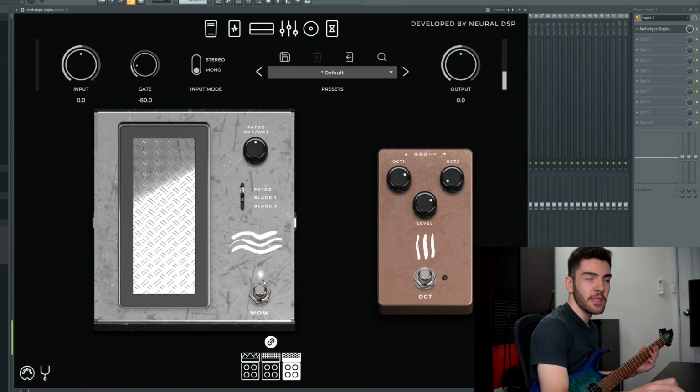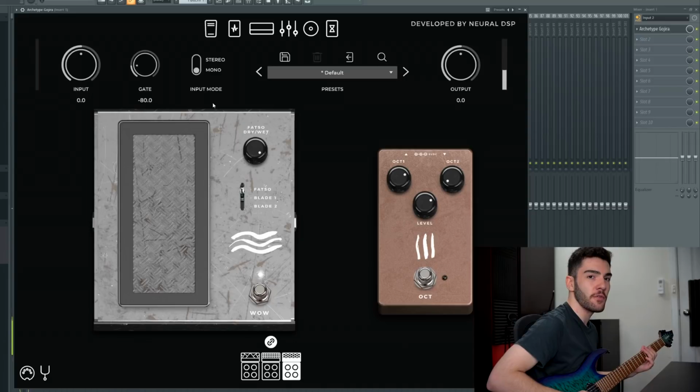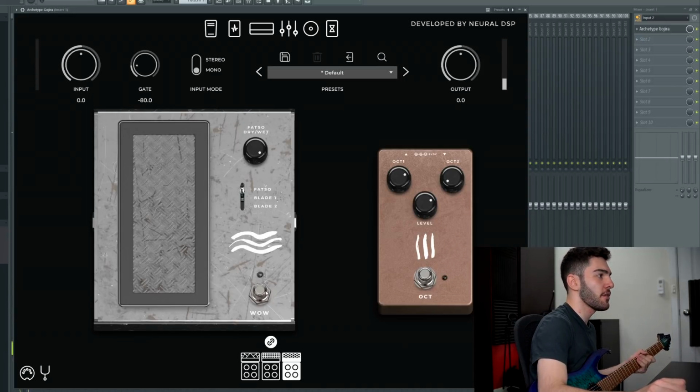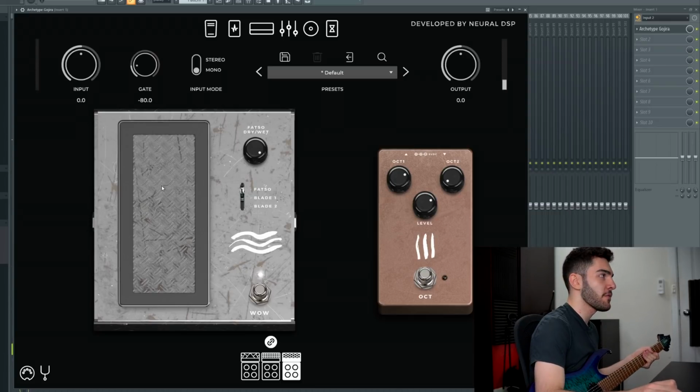now one thing you can do that's a handy little trick that I figured out was if you put it 100% wet and just play around with the foot switch until you get at the level where you want. Stock standard is about halfway, which is there, so no change to your overall tone at all. If I was to turn that off, it's the same, but if I was turning it down just a touch,